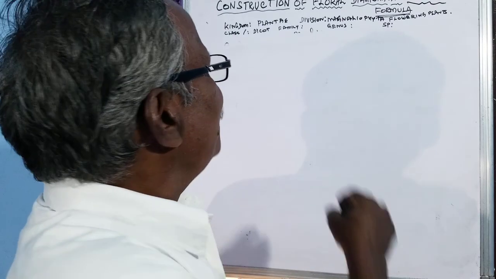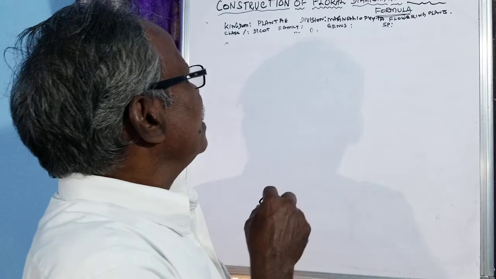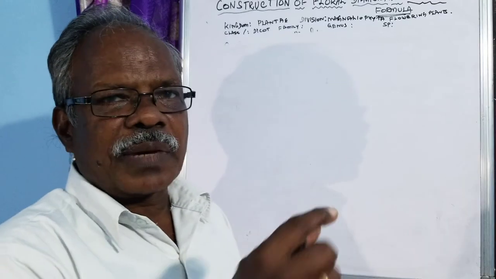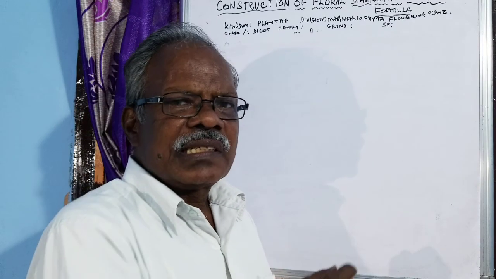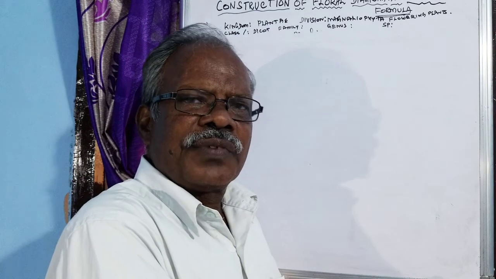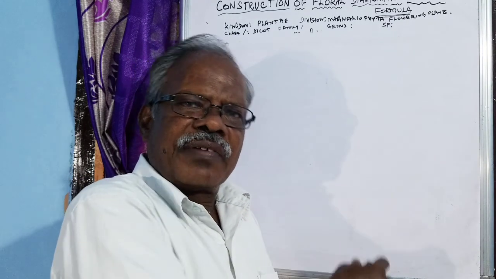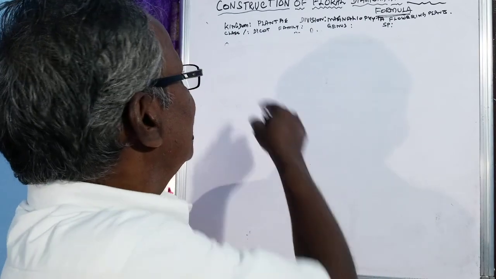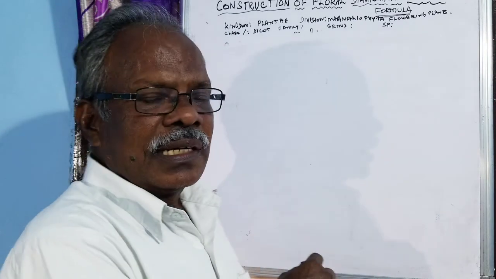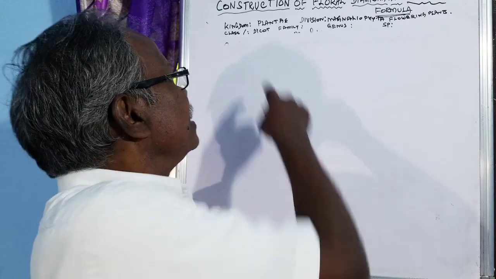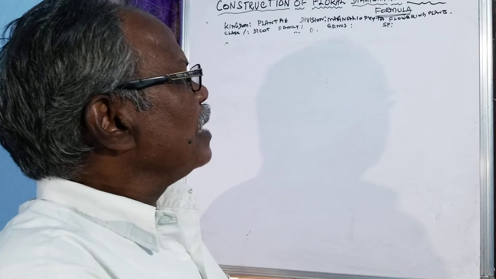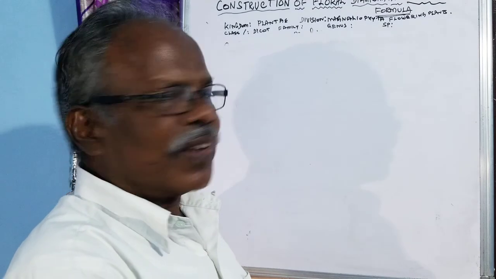Then we will see how a floral diagram can be constructed and floral formula can be constructed, for which we are going to discuss the arrangements of the flower. Before telling the arrangement of flower, we have to say something about the classification. Kingdom Plantae, and then division Magnoliophyta, that is flowering plants.